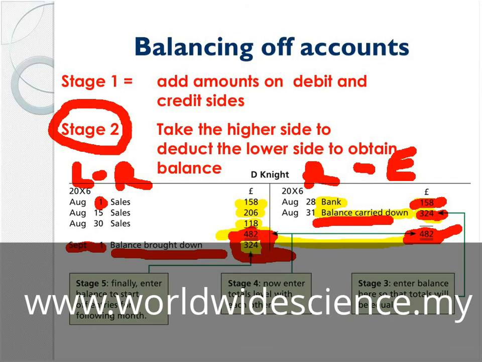You must understand that when we do balancing, we have 5 stages for how we do it, because the left side, the credit side, and the right side, the debit side, must always be equal. The assets and expenses must always be equal, have a balance. And when we do not have a balance, with one side higher and one lower, we are deducting. Deducting means we are balancing, we are equating it.